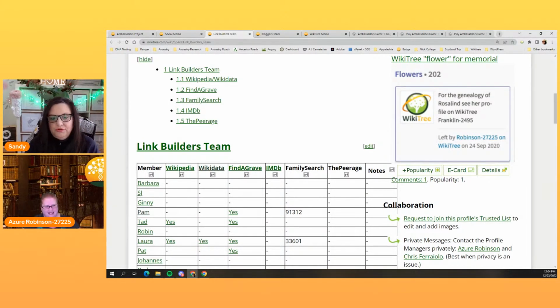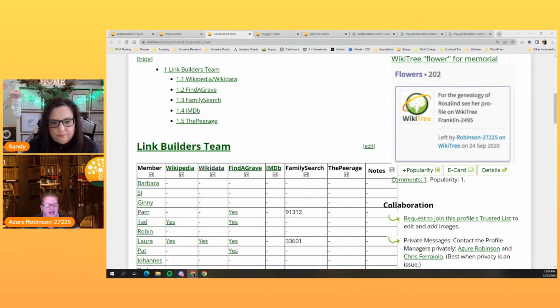I was amazed. It's so easy, so quick, and it puts all the information right there. It's a very similar template, as a matter of fact, to Find a Grave. And the Wikidata external link template will link to both Wikidata and the Wikipedia article for that person.